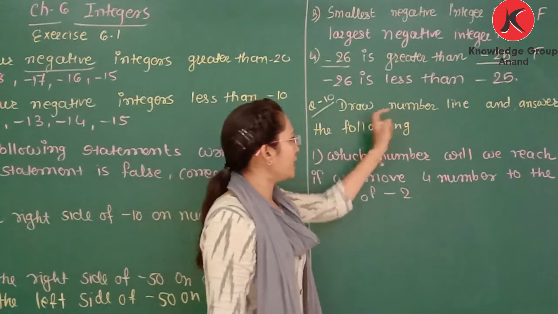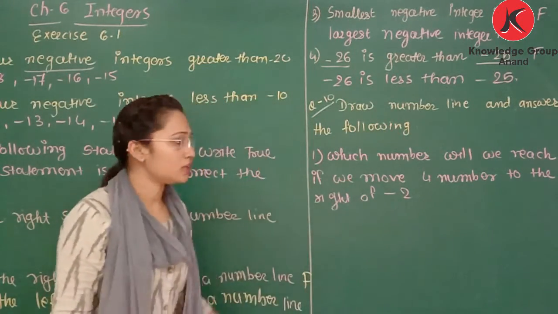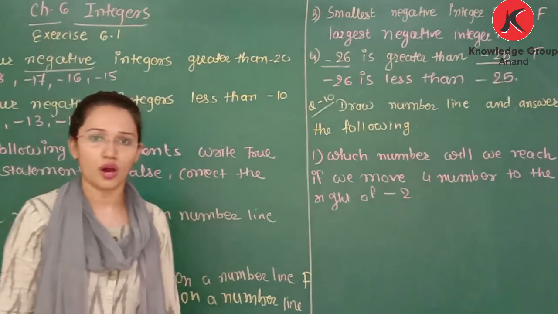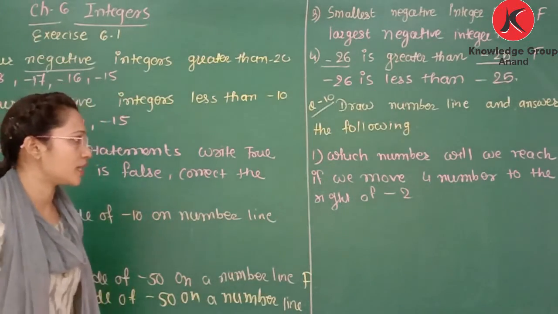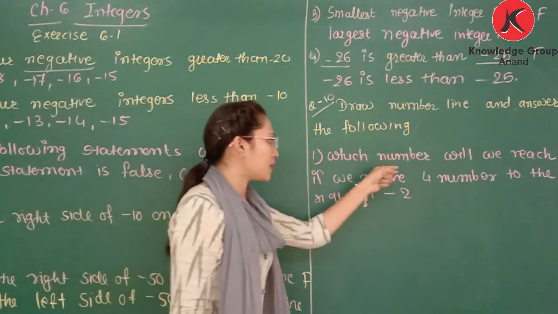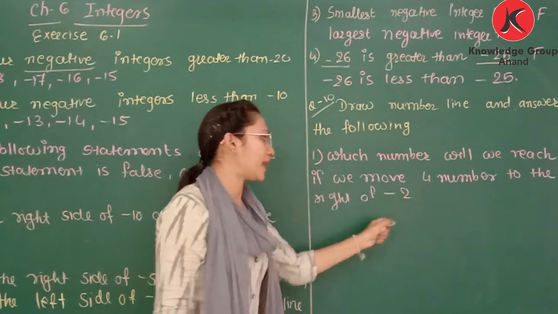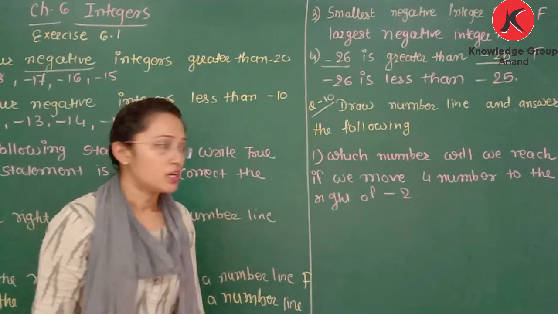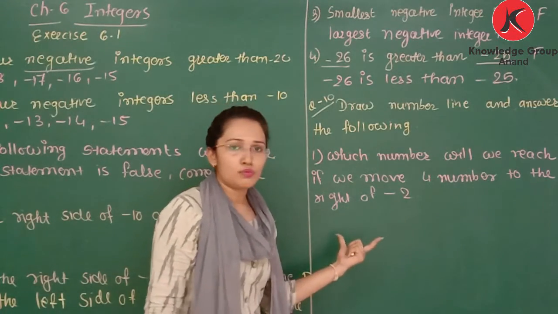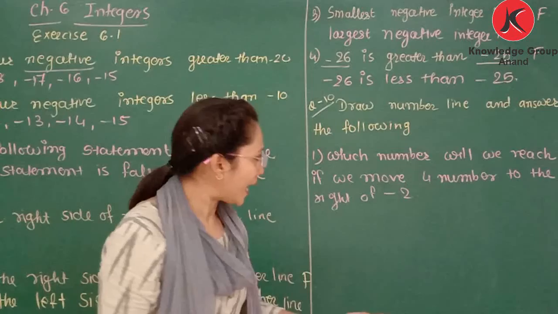Now question number 10. Draw a number line and answer the following. Here questions are given. You need to draw a number line and answer the questions that are: which number will we reach if we move 4 numbers to the right of minus 2? Question solution. We need to move 4 steps to the right side